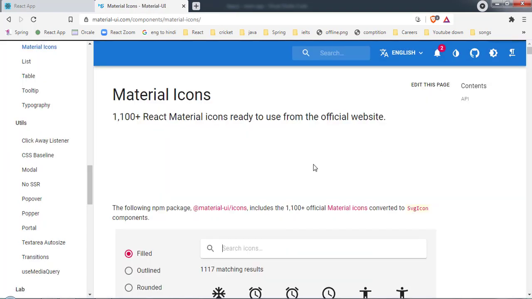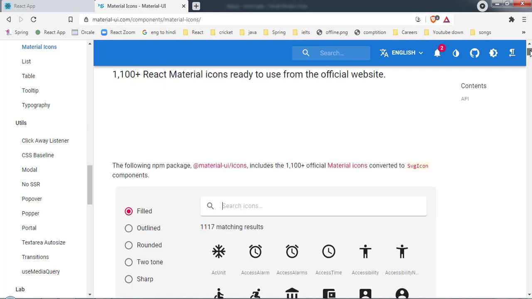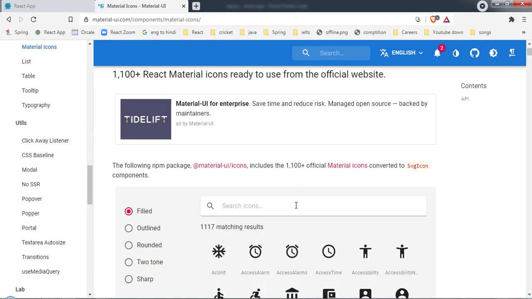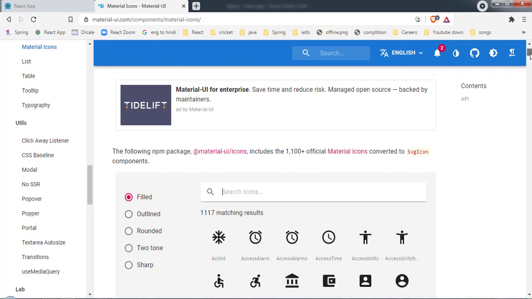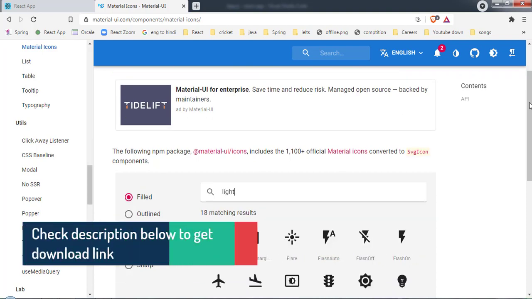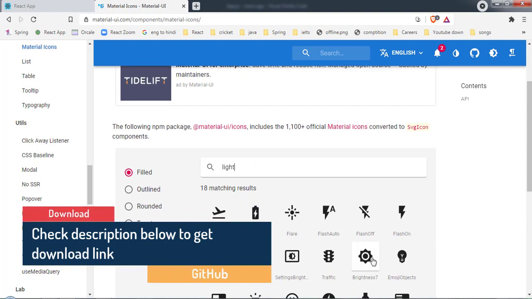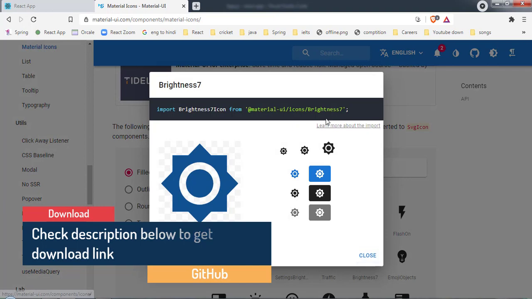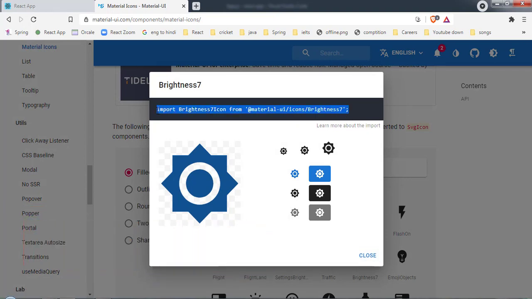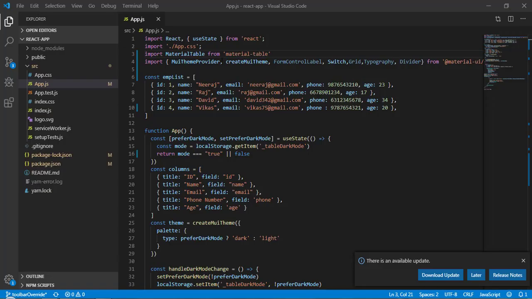Here we have 1000+ icons. Now what we have to do is look for light and dark. So here I will search light. As you can see, we are going to use this icon. Let's click on this, expand, copy this, come to the component and paste it here.